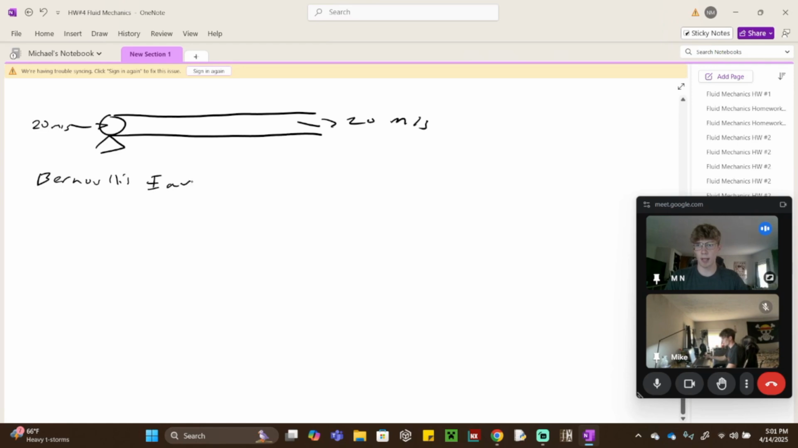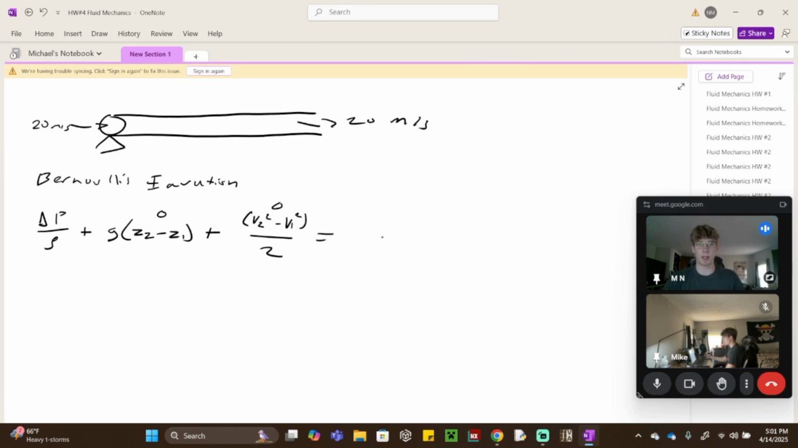which we have memorized as our injection work, which is delta P over rho, plus the potential energy. So we have our g constant times Z2 minus Z1. However, in this case, since it's flat, this just goes to 0. Plus the kinetic energy. So we have our V2 squared minus V1 squared over 2. However, these two are the same, so this also goes to 0, which is equal to the negative of our